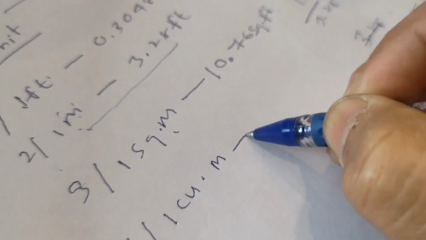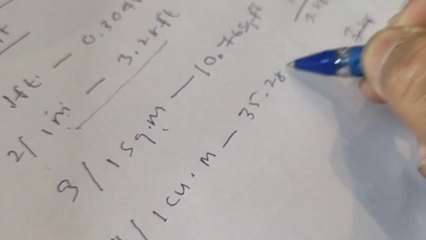Number 4, 1 cubic meter is equal to 35.28 CFT. Number 5, the 1 feet